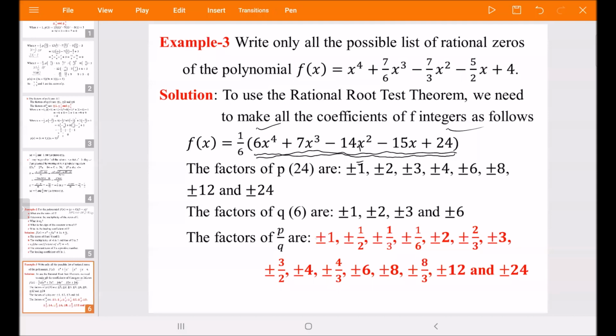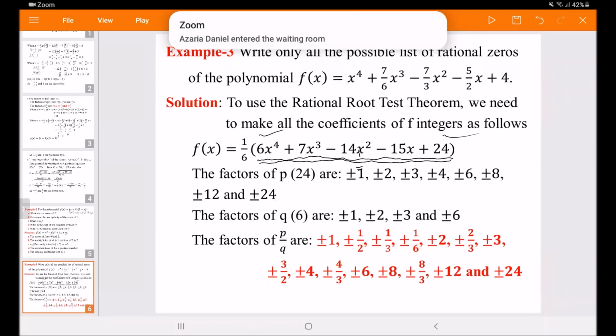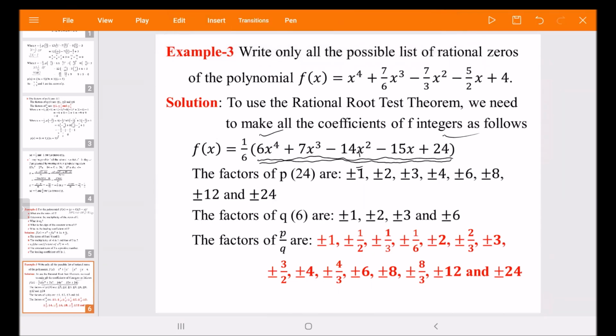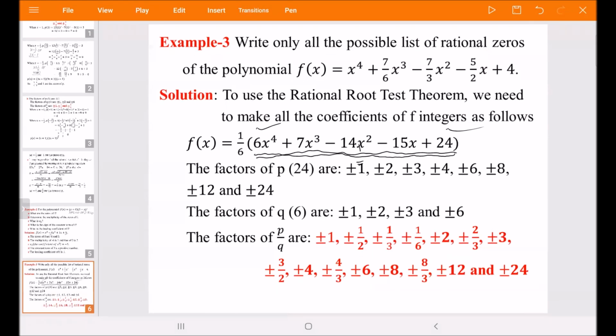If you count them, 1, 2, 3, 4, 5, 6, 7, 8, 9, 10, 11, 12, 13, 14, 15. So if this degree 4 polynomial has any rational zero, it must be from among these 30 different rational numbers. But in this case, we are not asked to find the rational zero, rather we list all the possible rational zeros of this polynomial